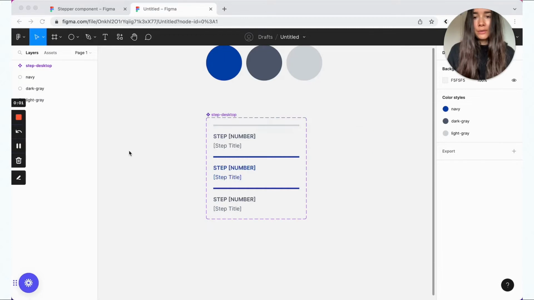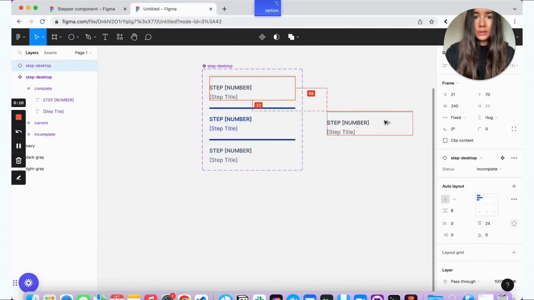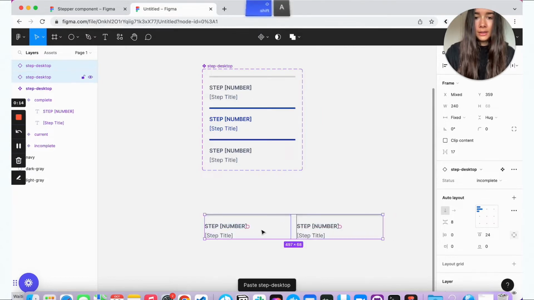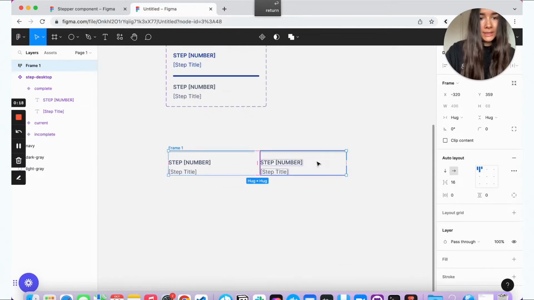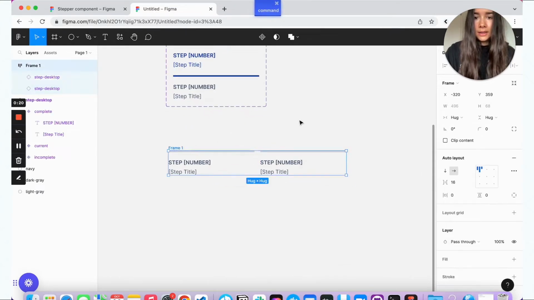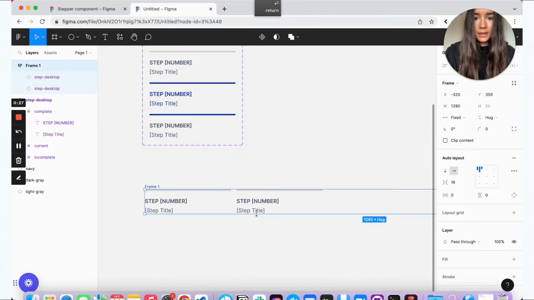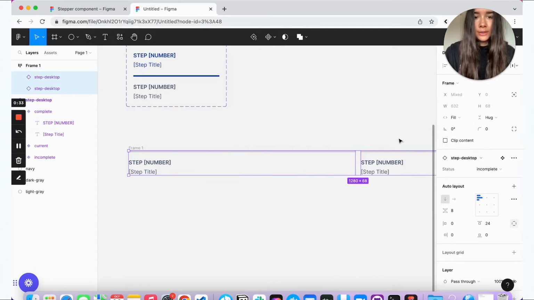So now that we have our individual step component, we can create a full desktop stepper version. So what we're going to do, we're just going to combine a few of these together. And let's keep spacing to 16, and we'll give this frame a fixed width, and we'll set the two steps that we have here to fill the container.